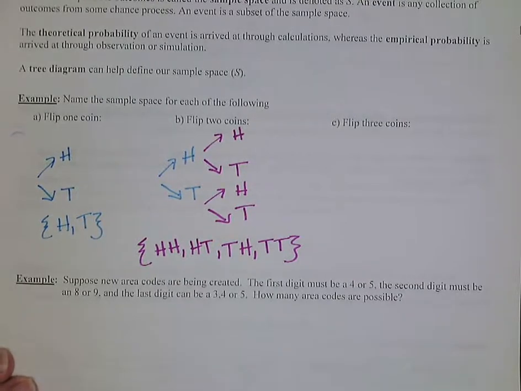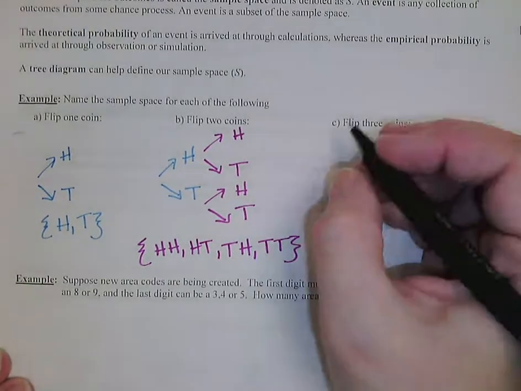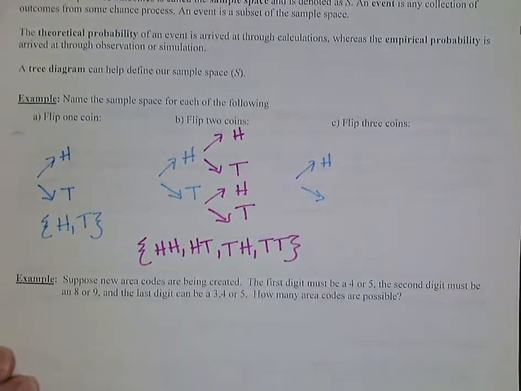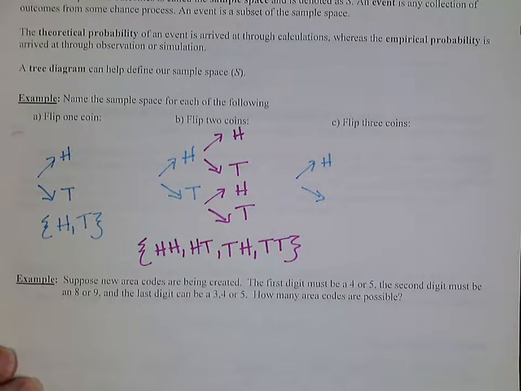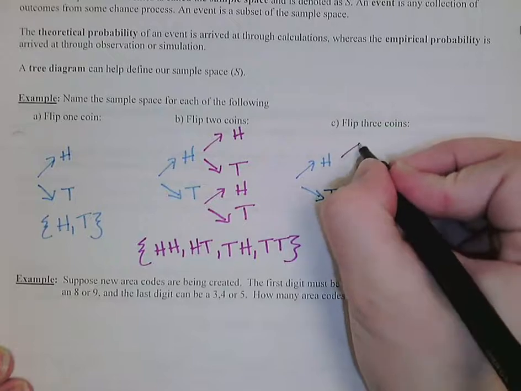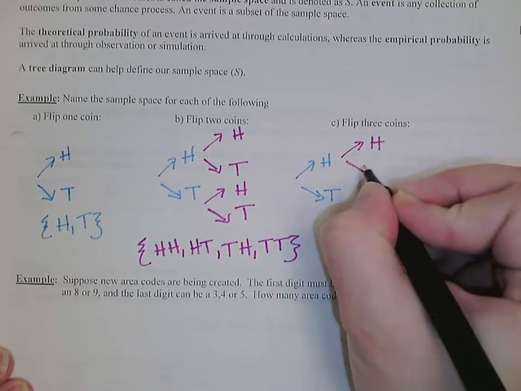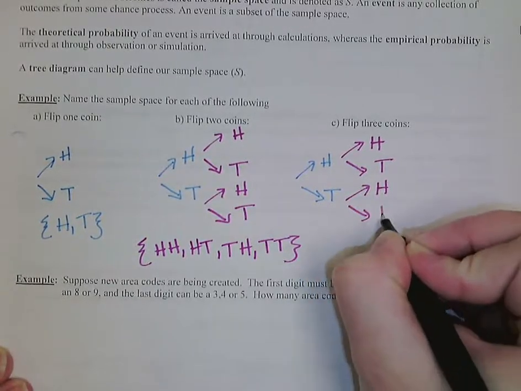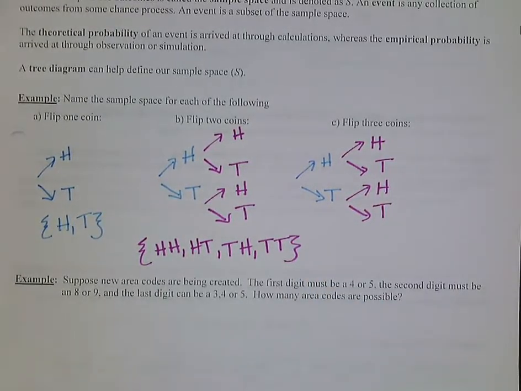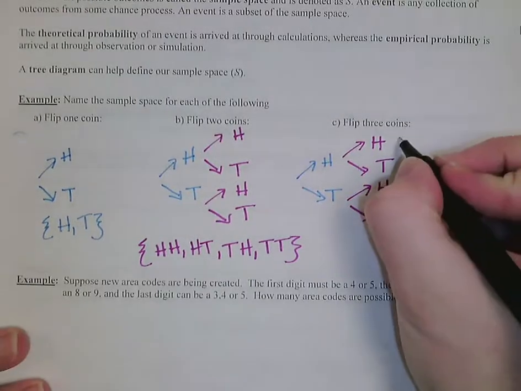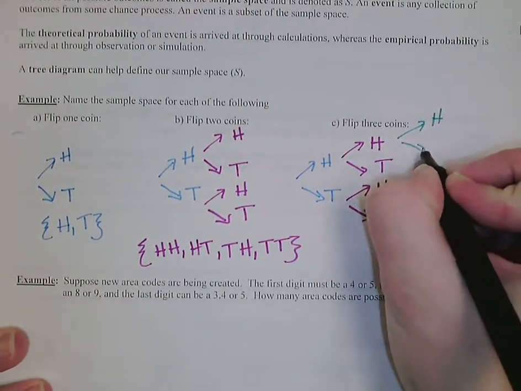could be tails. So on my first flip, I'm either going to get heads or tails. Regardless of what I get on my first flip, when I flip my second coin, I could get heads or tails. So if I get tails, I could get heads or tails on my second coin. And then regardless of what happened on the first 2 coins, when I flip my third coin, again, I've got 2 possible options. I could get heads or tails for each one,